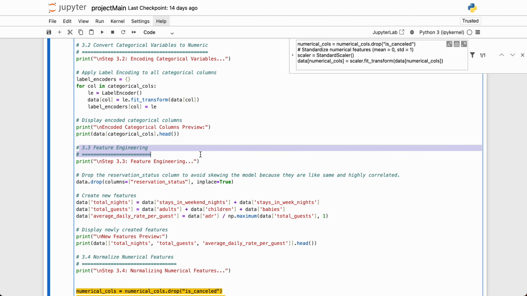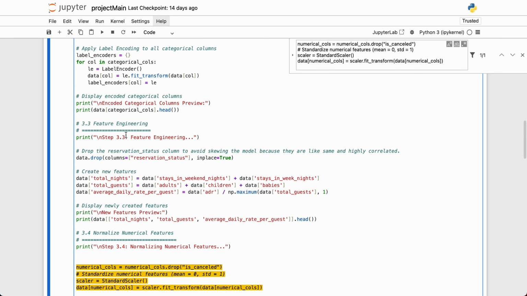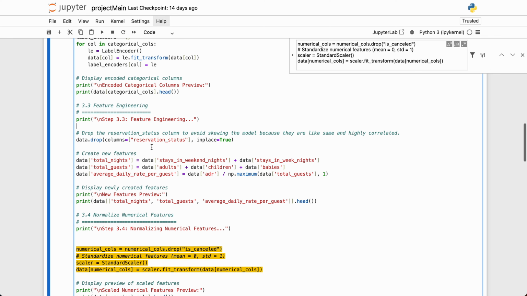Well, this step is feature engineering. I did this because it was one of the requirements of the project. Feature engineering basically involves creating new variables to better represent the data set. Dropping reservation status